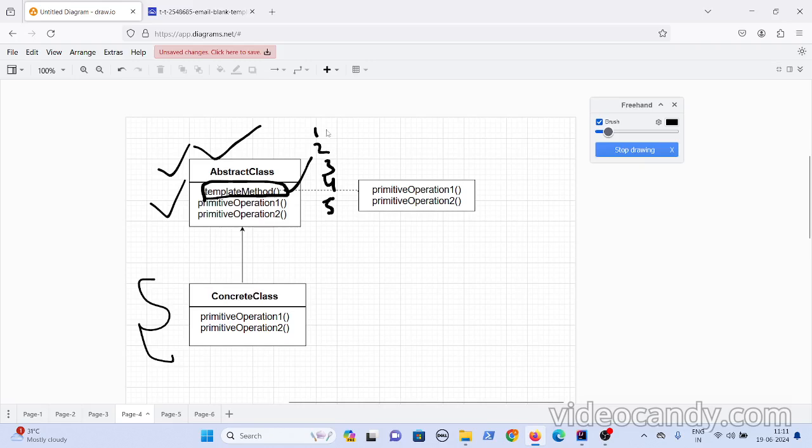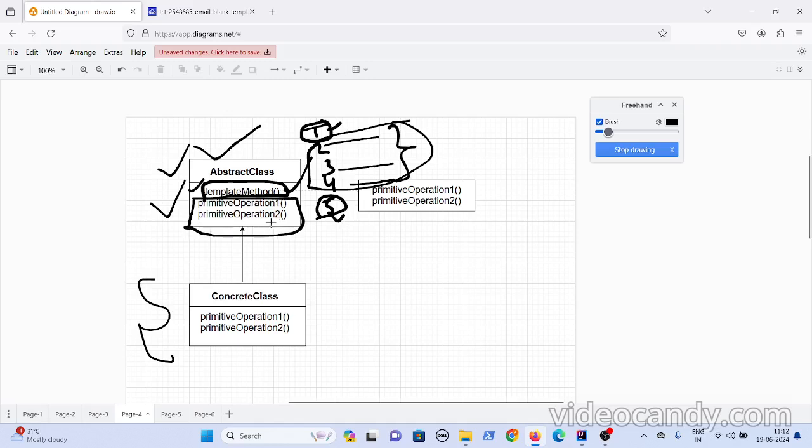And then what it does is, let's say you have 5 methods. Out of the 5 methods, 3 methods are common to all subclasses. So you can provide the implementation of methods 2, 3 and 4 inside this abstract class. Those are all concrete implementations. For 1 and 5, you don't have an implementation. Subclasses should provide it, and those you can declare as abstract. Your child classes can provide the implementation for these abstract methods. Now here you have a template method, and you have declared primitive methods as well, primitive operation 1 and primitive operation 2, because inside the template method you have multiple methods, right?